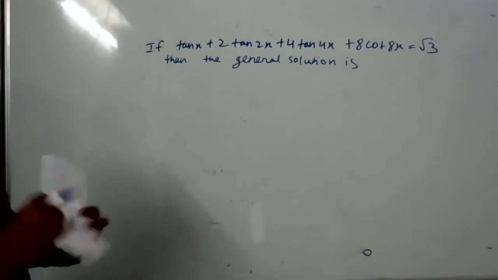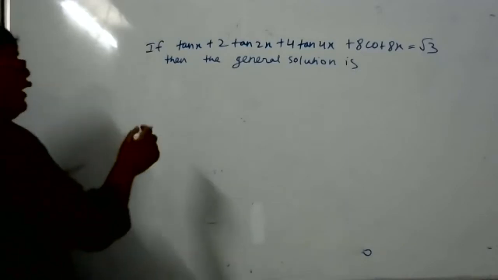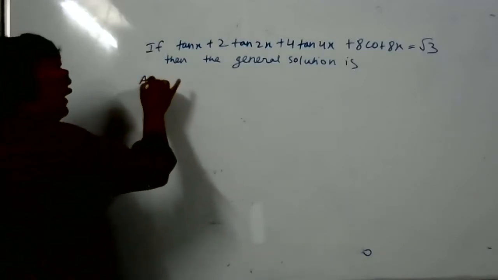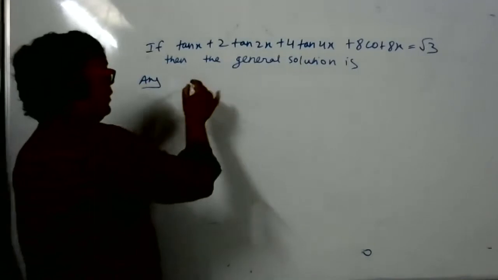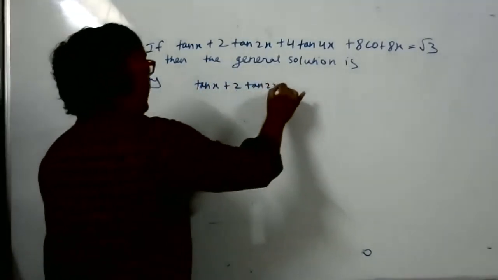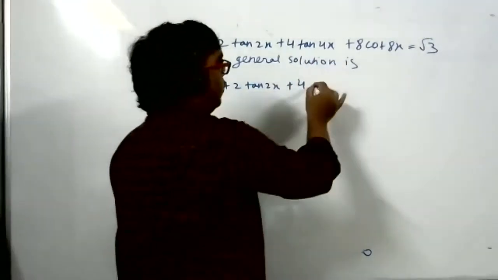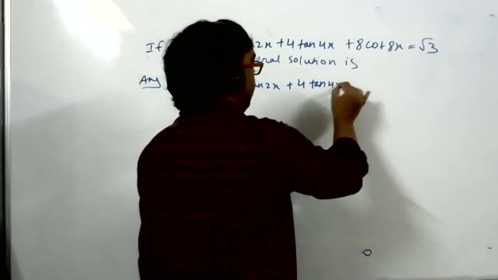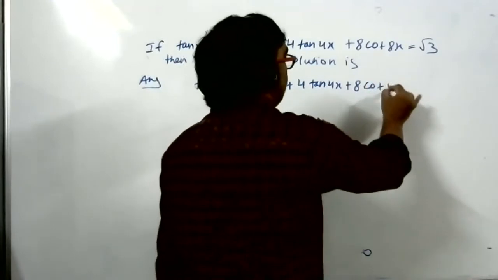Actually, I should give all this homework, but see here, what to do here? I think the question is quite clear. We know this one: tan x plus 2 tan 2x. Anybody want to give their view on how to do this sum? You can ask. You can proceed. How to do this sum, student?